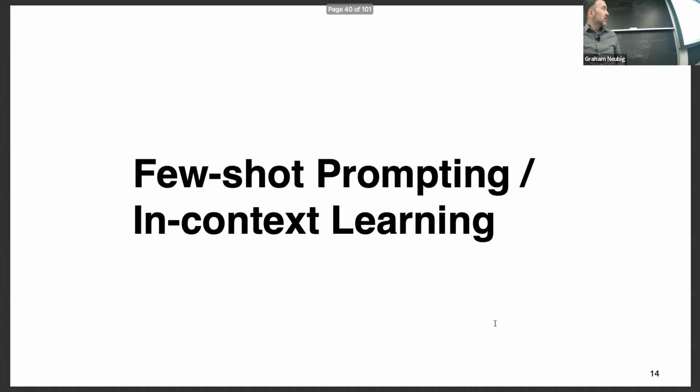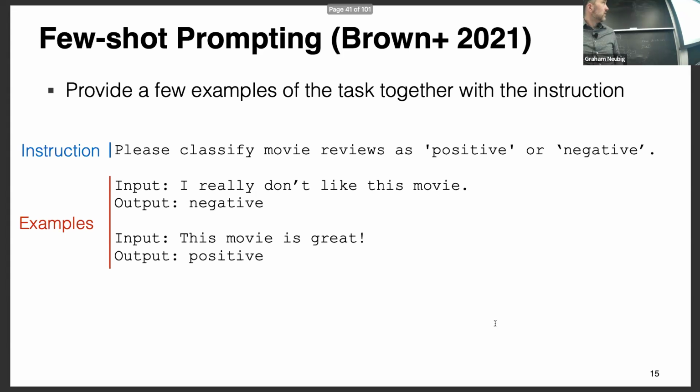Cool. So next I want to move into few-shot prompting or in-context learning. So few-shot prompting, basically what we do is we provide a few examples of the task together with the instruction. And the way this works is you write an instruction like, please classify movie reviews as positive or negative, and add input, I really don't like this movie, output negative, input, this movie is great, output positive. And